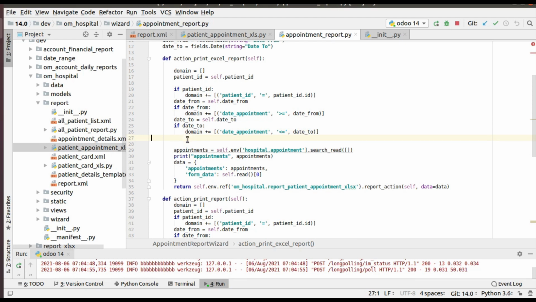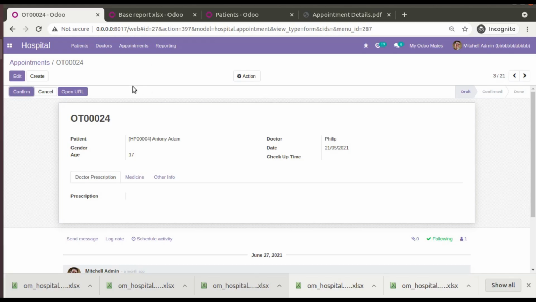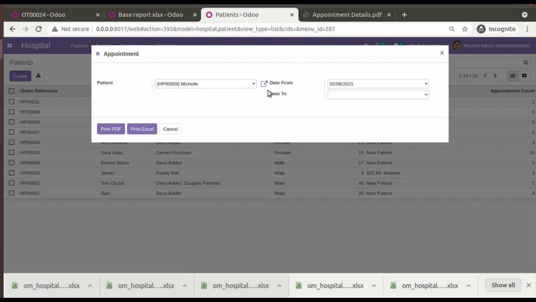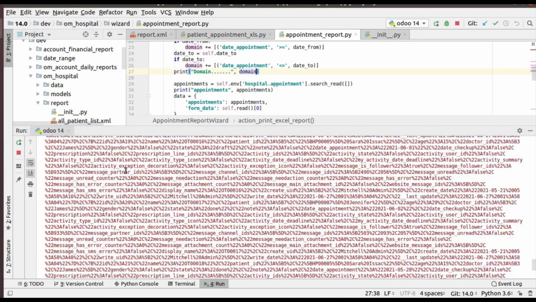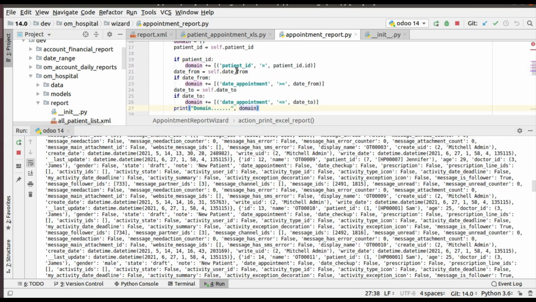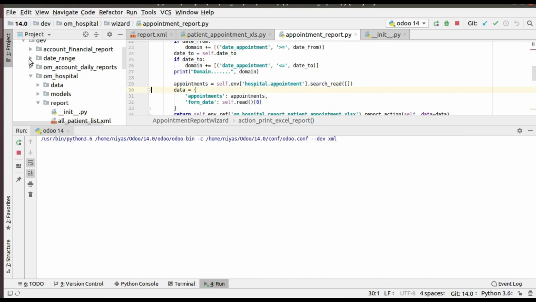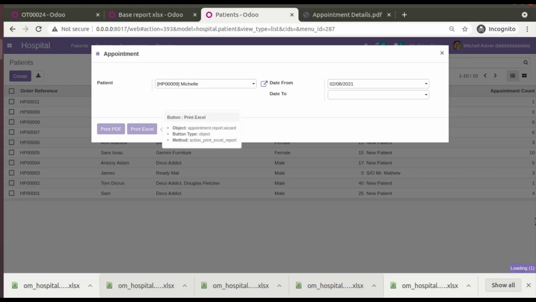So if you print the domain here, you can see the value you are getting. So simply I print the domain, and if I restart, I'll go to the Wizard. Right now patient and date from is selected, and click print Excel. And if you come back to the log and check the log, let me comment this one, that search read. And if you click on print Excel,